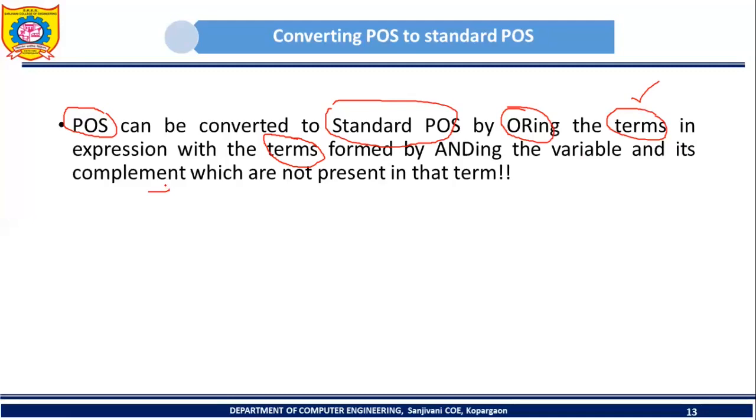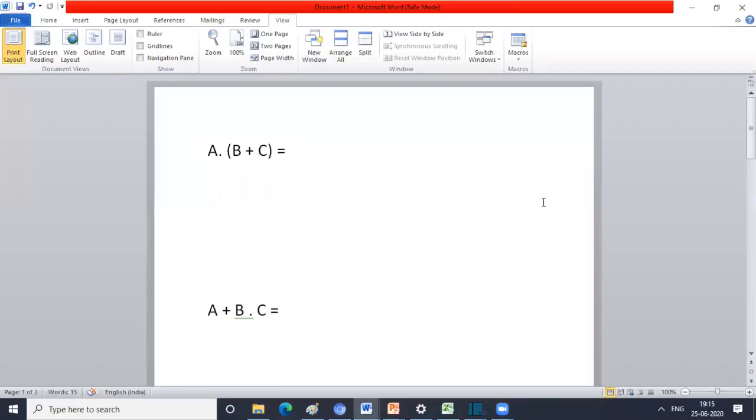Before discussing the example, I would like to review one property of Boolean algebra. You have studied the distributive property. What does the distributive property of Boolean algebra say? Suppose we have an expression like this, A dot, where dot means AND operation, A and in bracket B or C, then this expression can be written as A and B or A and C. So this is the OR distributive property of Boolean algebra.